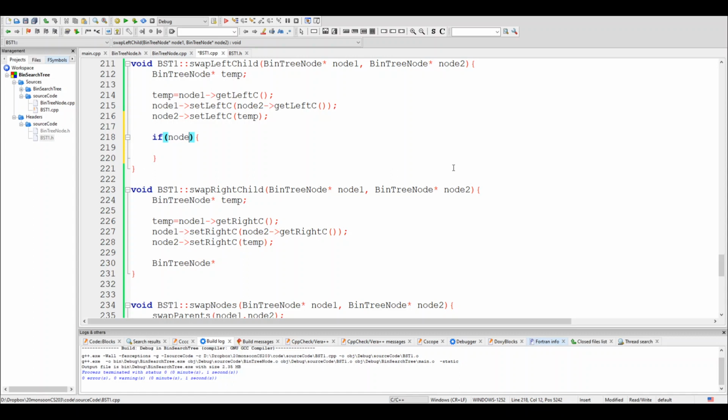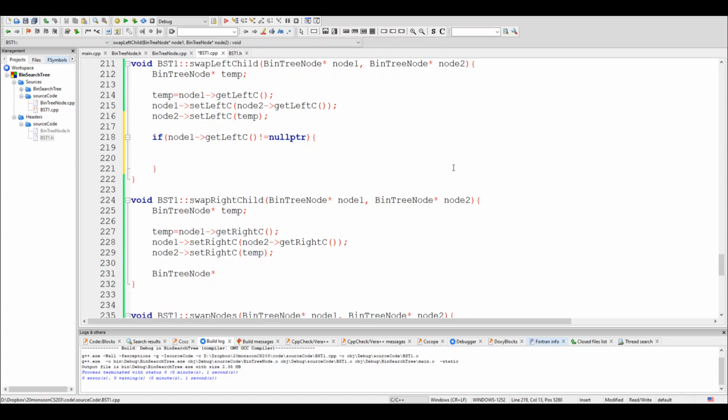If I get the left child of node 1 and it is not equal to a null pointer, then I will go to that particular node, get the left child of node 1, and set its parent to node 1.